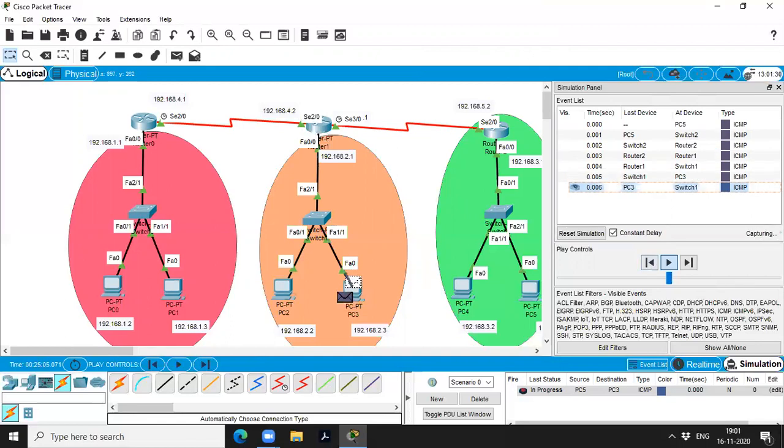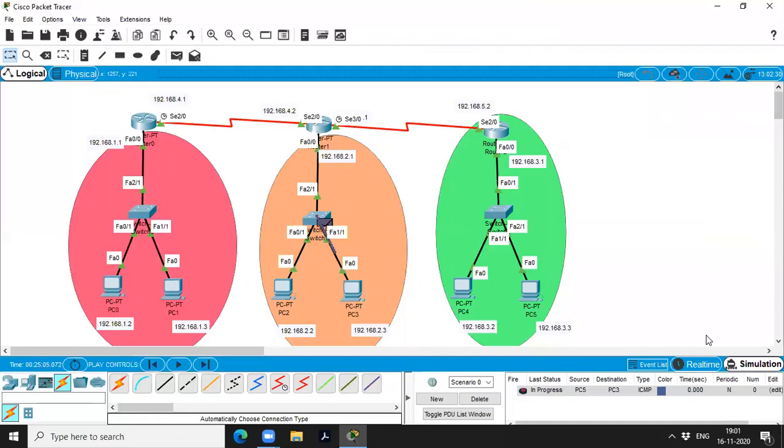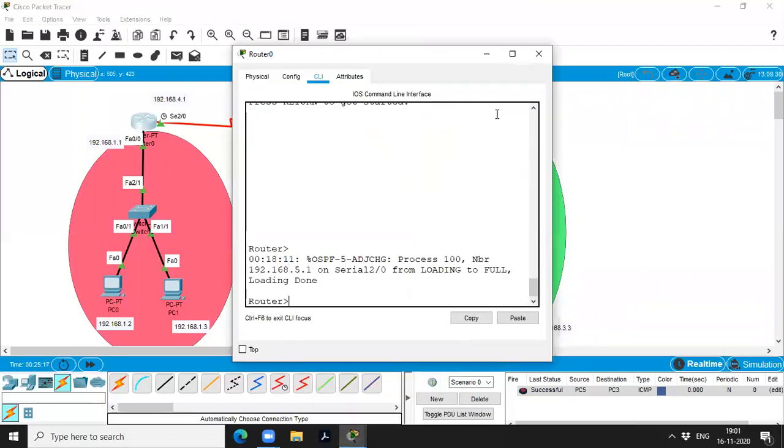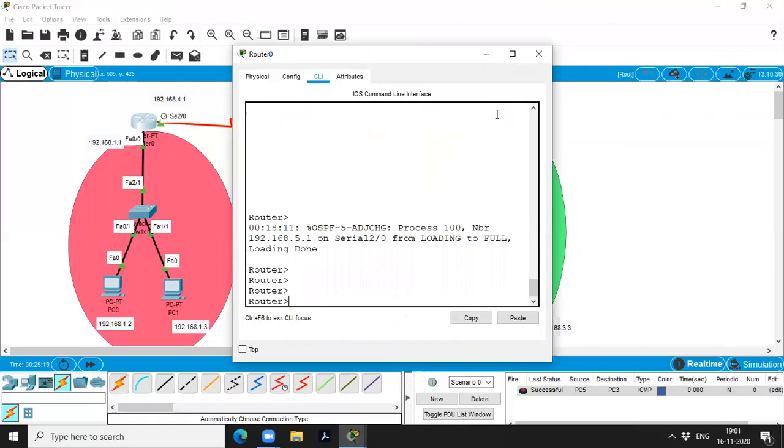Successfully we have configured our routers using OSPF, that is Open Shortest Path First. You can check via command also. If you open the first router, type enable.